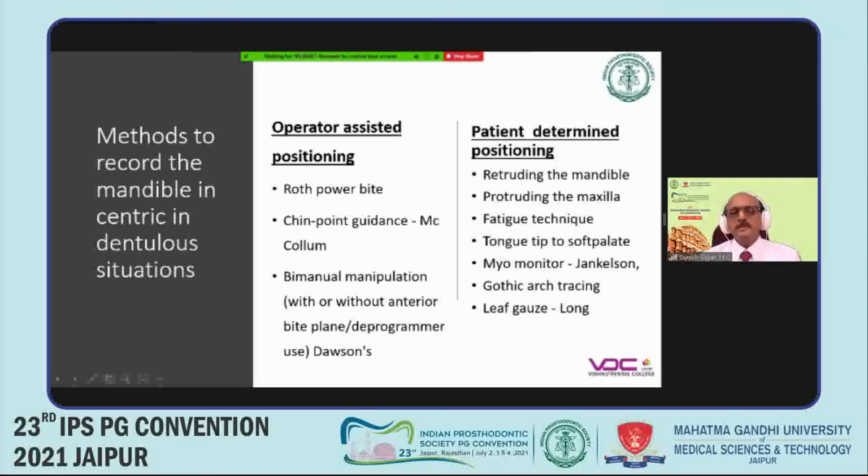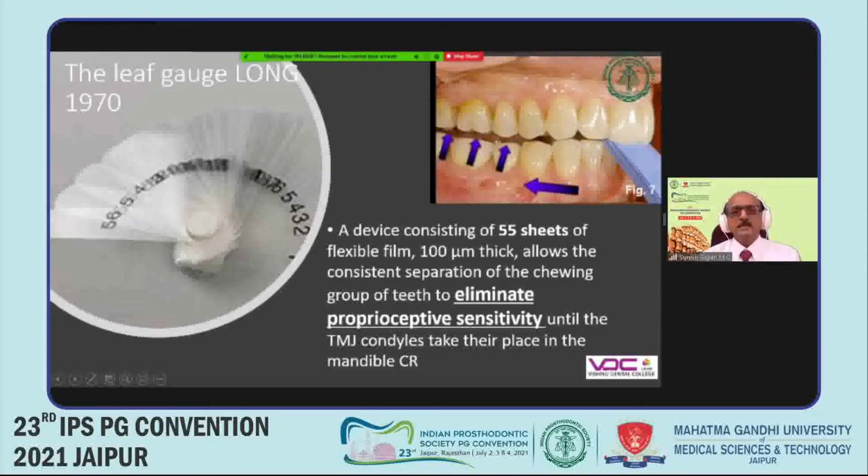Now, how does this leaf gauge work? There are about 55 sheets. Each sheet is about 100 microns. You place the sheet in between the anterior teeth until the posteriors disocclude, and then